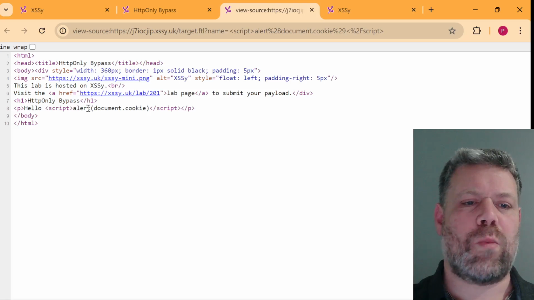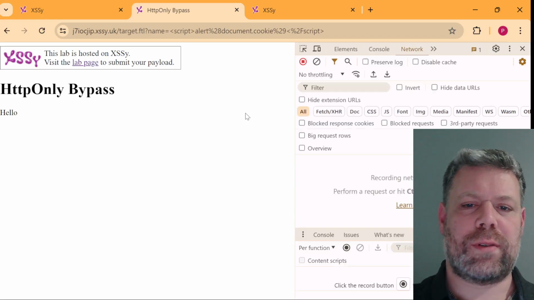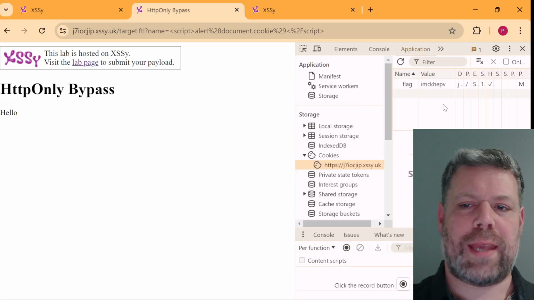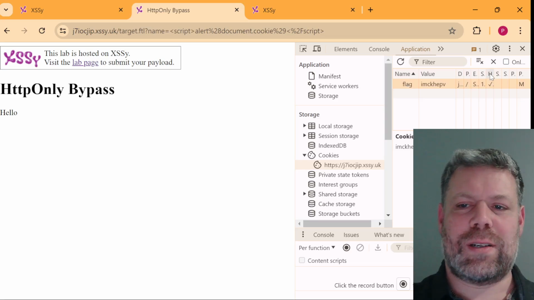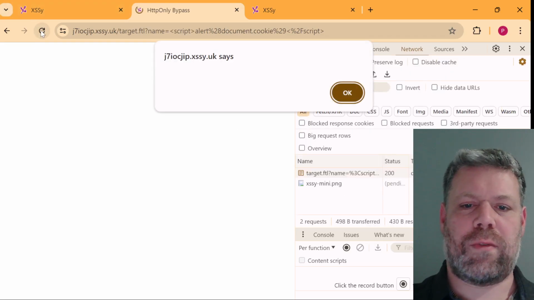So the question is, why is document.cookie empty? Now we can have a look in DevTools, and if we look in Application, you see we've got cookies here for this site, and we've got the flag cookie, and this column H is for HttpOnly. And in fact, if we delete this cookie and switch to the network tab and refresh,